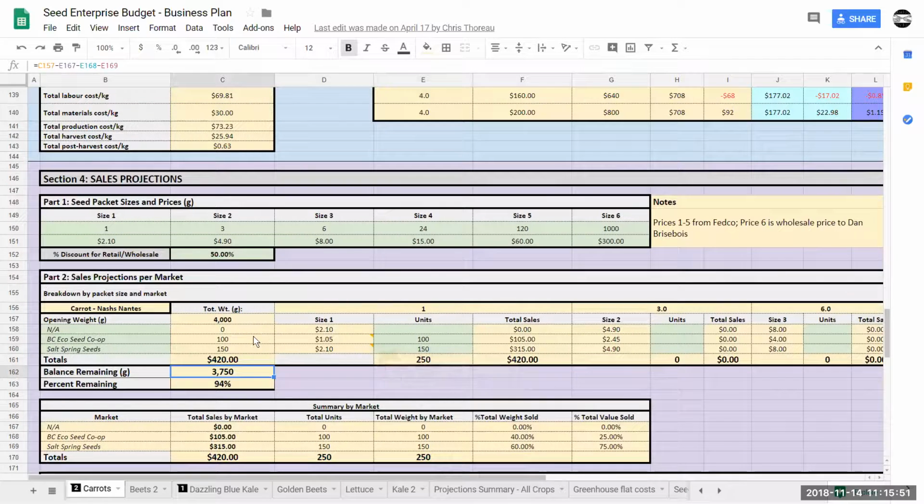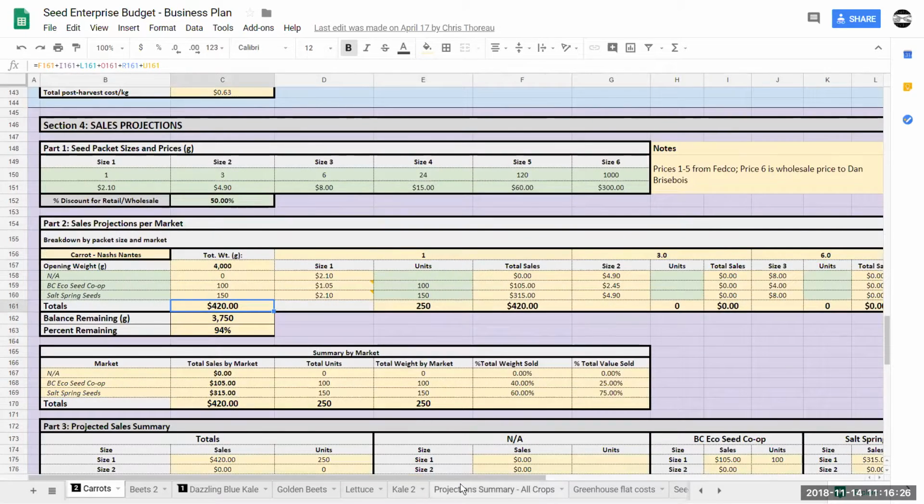What I'm seeing here is, okay, I don't have a very big market for the seed based on this calculation, but I'll have a lot of seed left. And if I can sell $420 over 2 years, I will make my money back. You can see I will have enough seed to sell the seed for multiple years, assuming the quality of the seed maintains its quality and still germinates. So my goal here would be to sell more seed to both of these companies, or to add another contract in here. And maybe my goal is to make my money back in the first year. This is going to vary between crops and between growers.